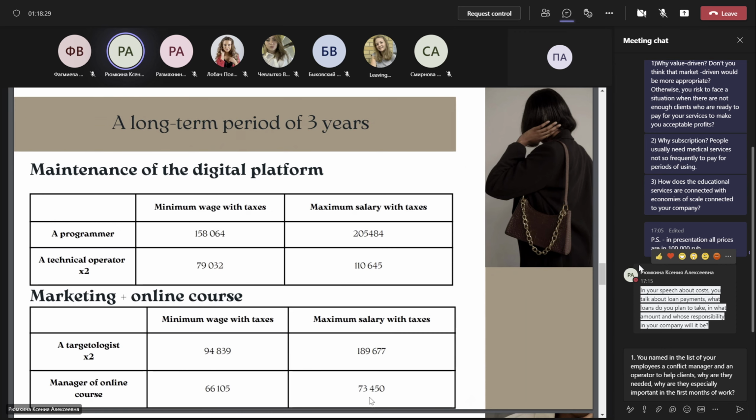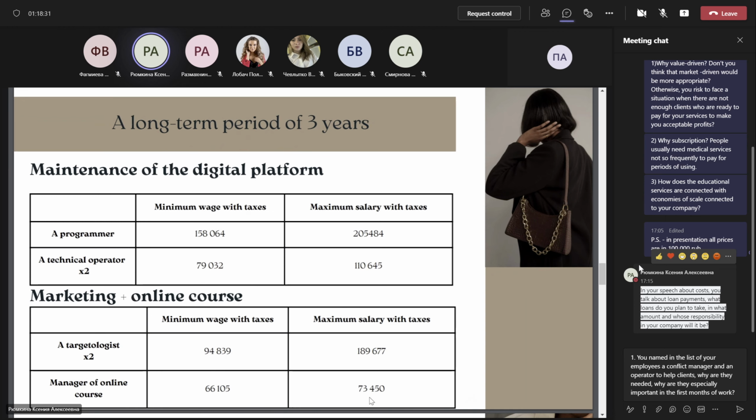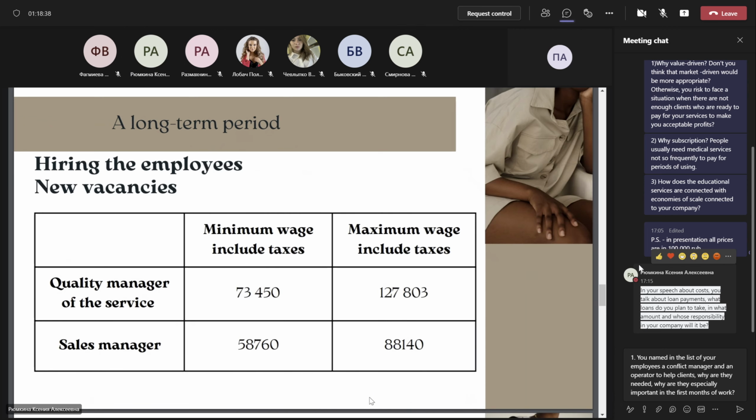The results of salaries are presented with deductions, and all calculations were performed in Excel. Regarding the entire staff, we plan to add such a vacancy as a sales manager in order to communicate with partners, and a quality manager will also appear who controls the quality of services. For example, he or she will monitor the profiles of stylists, their activity, and reviews, and if necessary, correct situations.